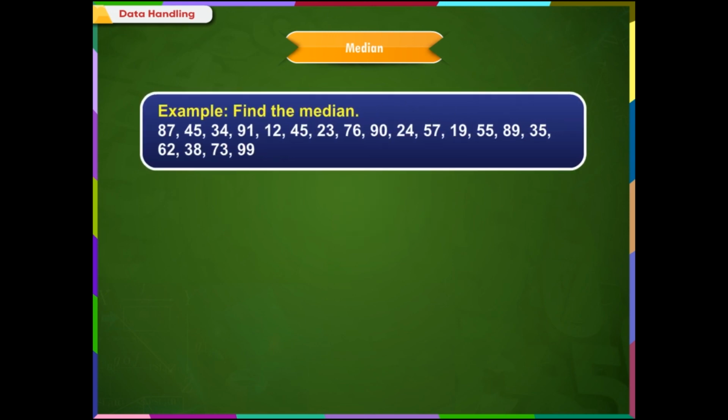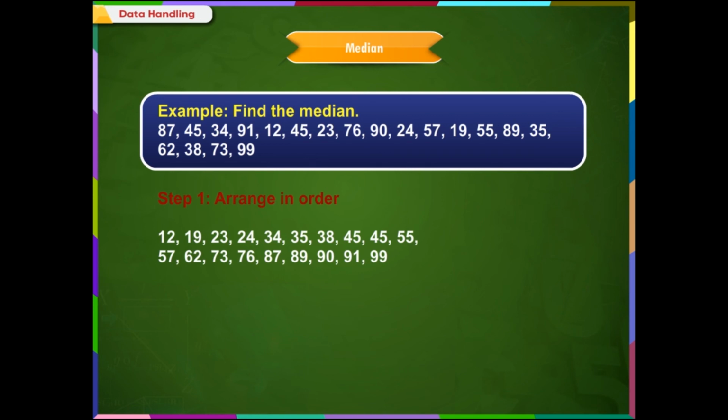What happens when the given data is bigger and complicated like this? We will first arrange the data in order, in ascending or in descending. Once we do that, we count the total number of observations. If the total number of observations is odd, then the median is equal to the (n plus 1) by 2 th term, where n is the total number of observations. If n is even,